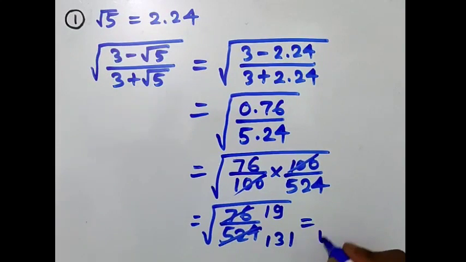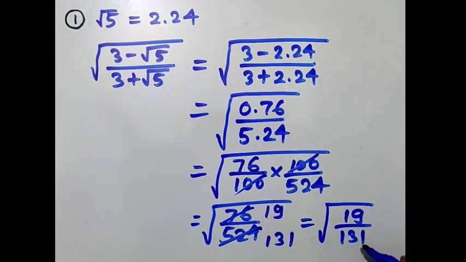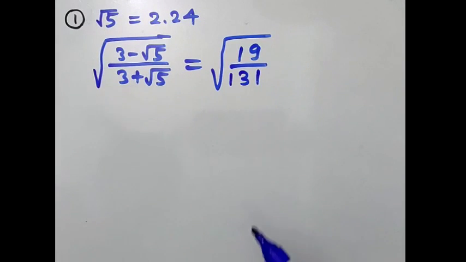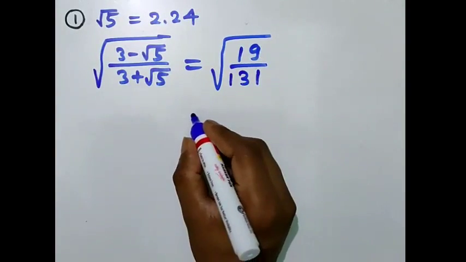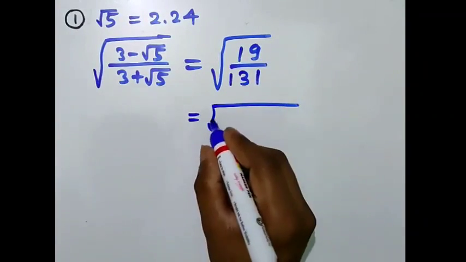So we have to find the square root of 19 by 131. Let's simplify this further by dividing 19 by 131. So after dividing 19 by 131, we'll get square root of